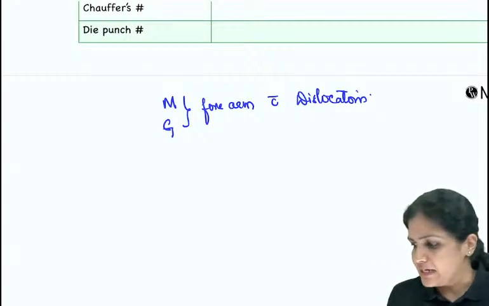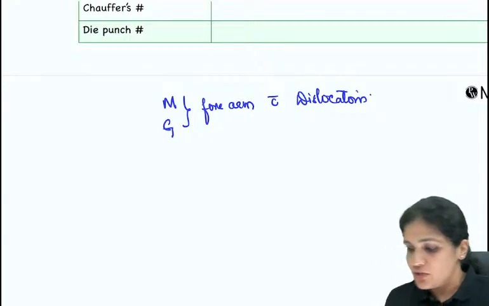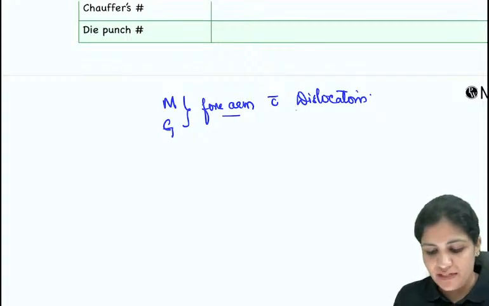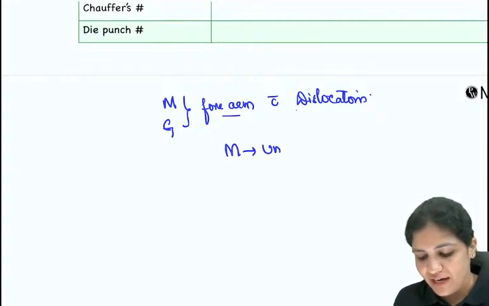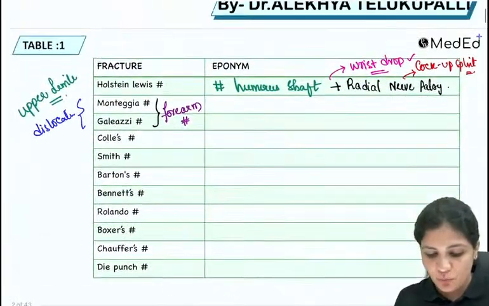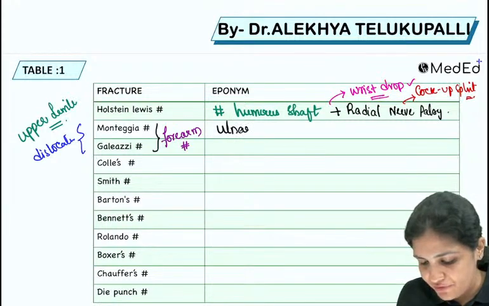Sakshi, you mean the Monteggia is ulnar fracture? Yes, then you're right. So what you have to remember is the forearm fracture with dislocations. As Sakshi told, Monteggia is ulnar fracture, but that doesn't end the answer. It is ulnar fracture with what? That you have to answer. So it is the ulnar fracture with